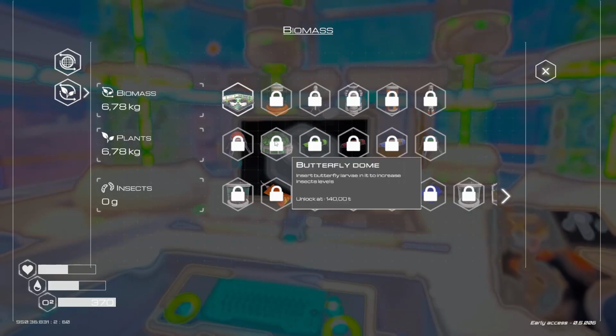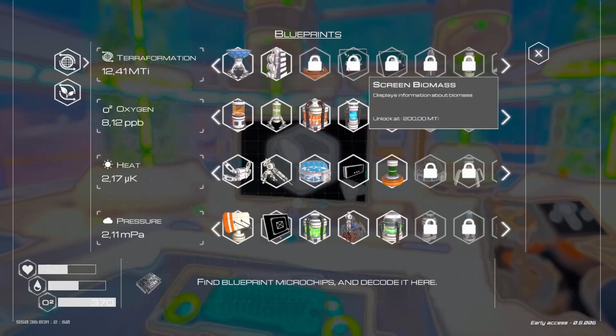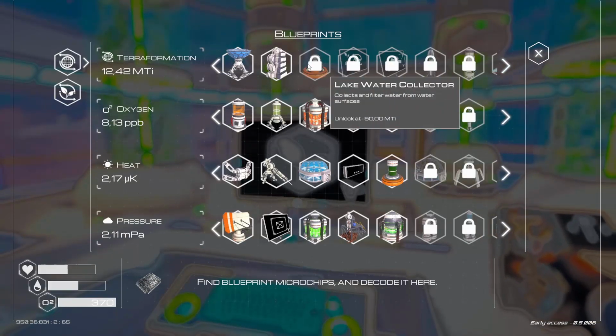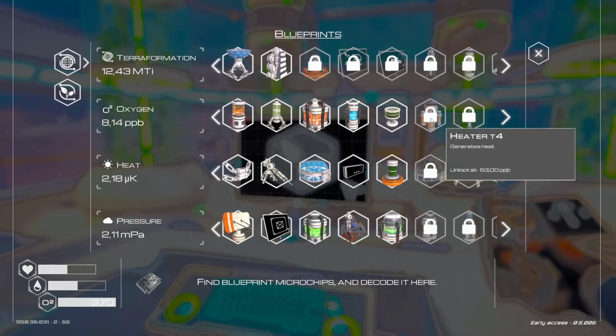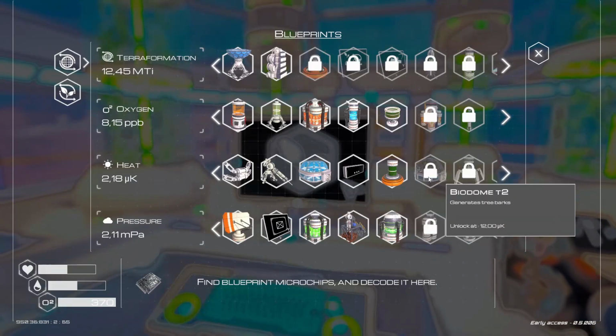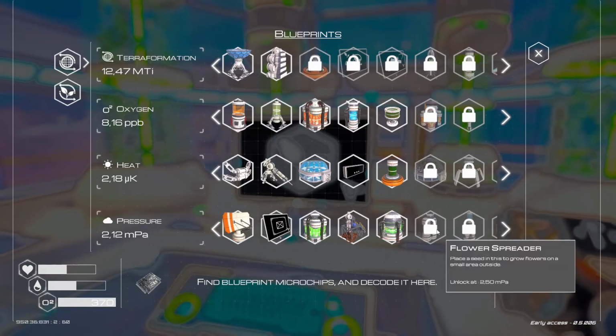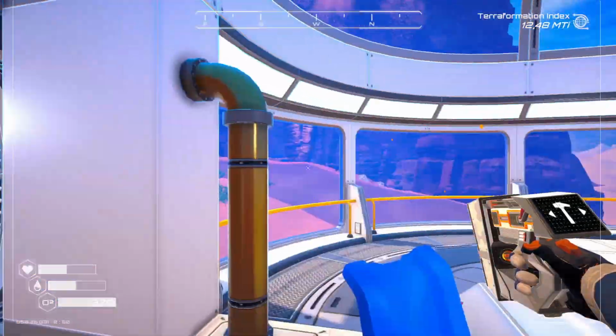Next unlock, 25, nope. Plants, nope. Not even close. Lake water collector. That's nifty, it collects quite a few bottles at a time. But that's still fairly far away. Heater, tier 4, still fairly far away. Biodome 2 at 12. Okay, it's getting there, but we really need that. Actually, you know what? We don't really need it at this stage, but it would be nice to have. And then the flower spreaders, which are very important, those are coming up soon. That'll boost our oxygen again, and also our plants,